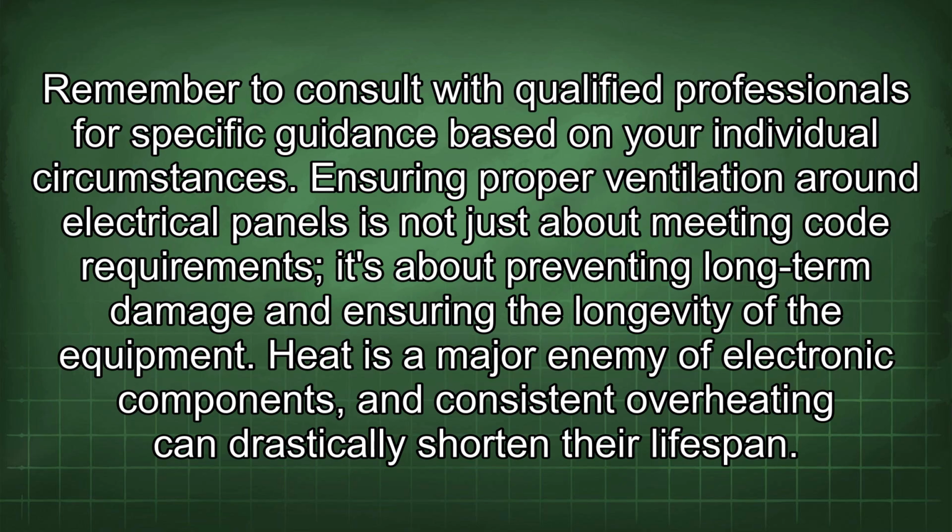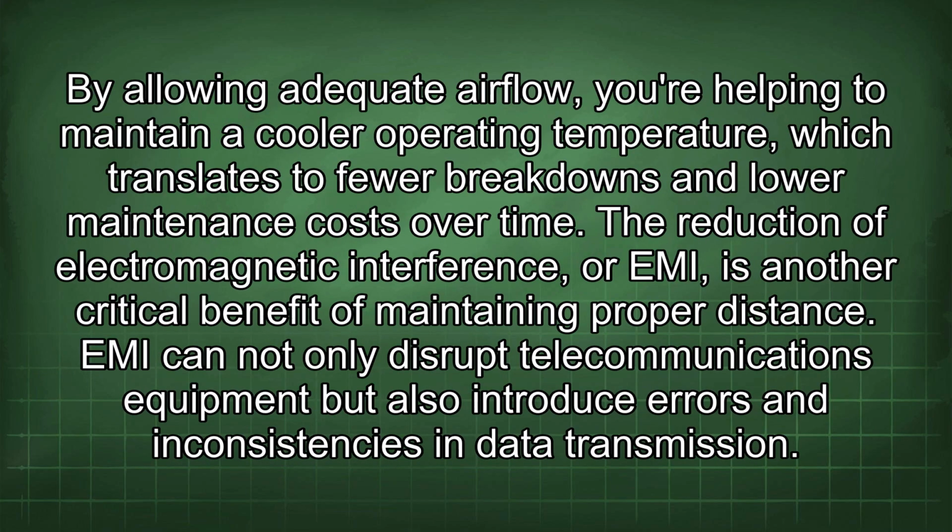Ensuring proper ventilation around electrical panels is not just about meeting code requirements, it's about preventing long-term damage and ensuring the longevity of the equipment. Heat is a major enemy of electronic components, and consistent overheating can drastically shorten their lifespan. By allowing adequate airflow, you are helping to maintain a cooler operating temperature, which translates to fewer breakdowns and lower